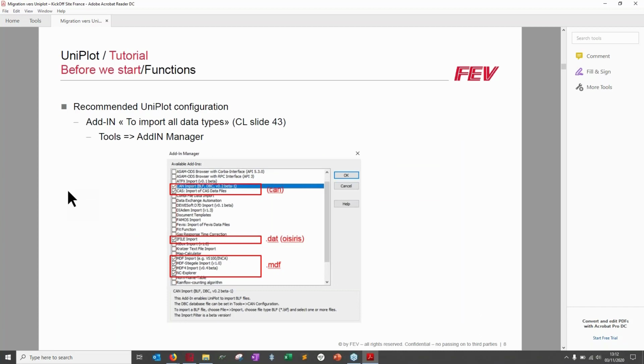Now, the add-in manager. You will see that UniPlot is really easy when you want to import new data. You don't have a lot to do, but you might have to include some add-in to allow the import of the data. For example, in the automotive industry, the lines that are in red here are the most common you might have to work with. So as a recommendation, I would say that you could add those options in your UniPlot